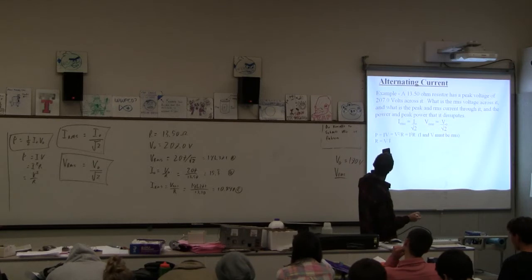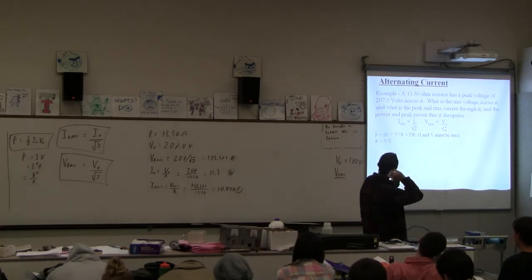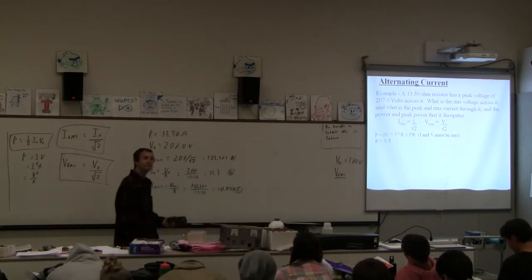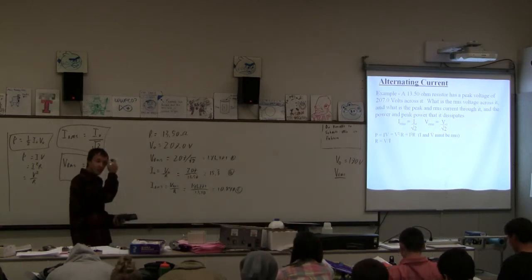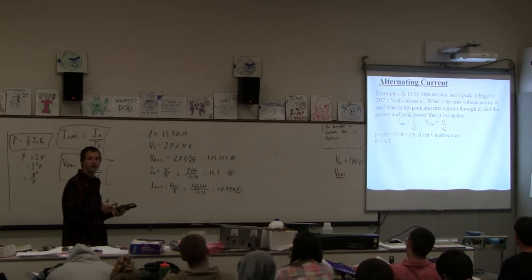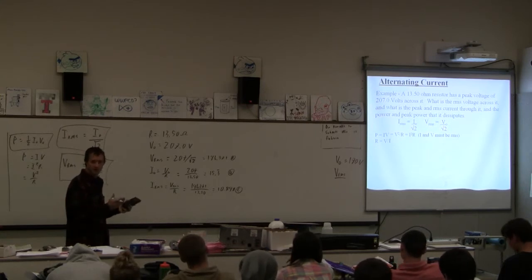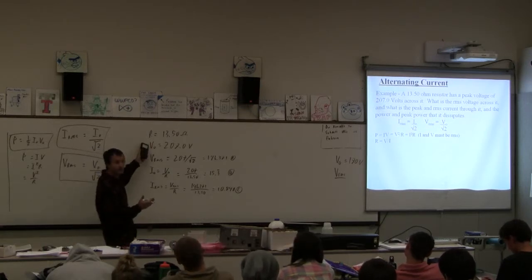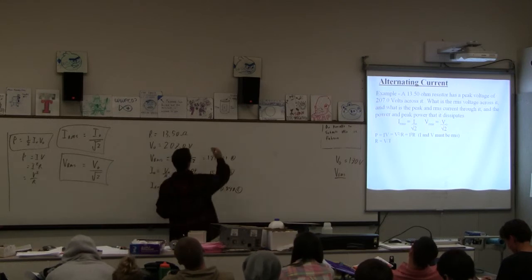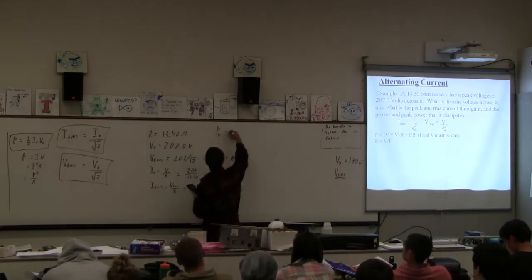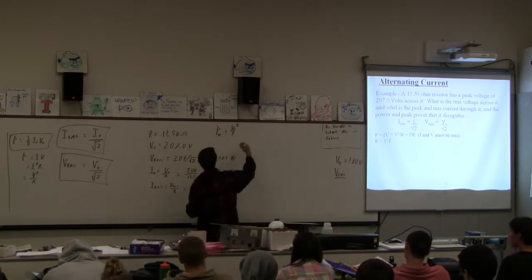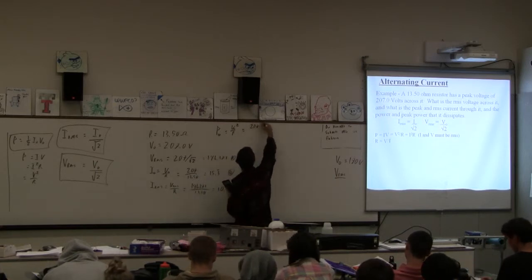So now we've gone, what is the peak and RMS current through it, and the power and the peak power. Okay, the simplest way to find the power and the peak power, right? Power means what is it on the average. Peak power means what is the peak, right? The simplest way is to just use the peak voltage and find the peak power, right? Okay, so peak power is just going to be V squared over R, only I'm going to use the peak voltage, right? So I'm going to go 207 squared divided by